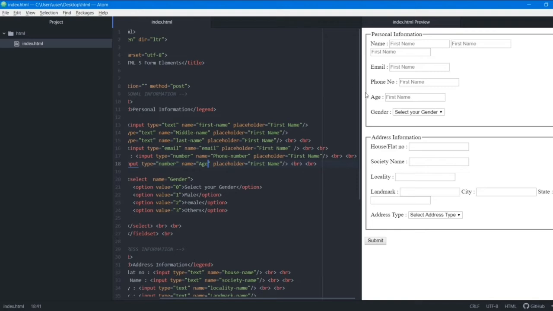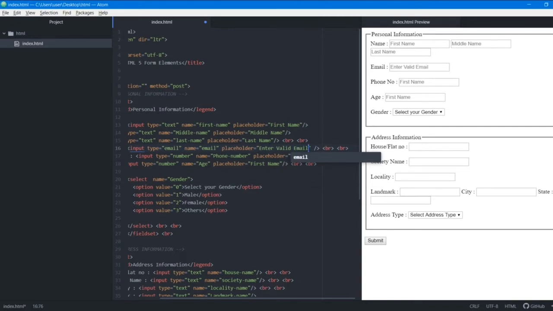Okay, now you can see first name, so I have to change it, right? So I'll change it to middle name, last name, then this is email, right? So instead of this, I'll write enter valid email.